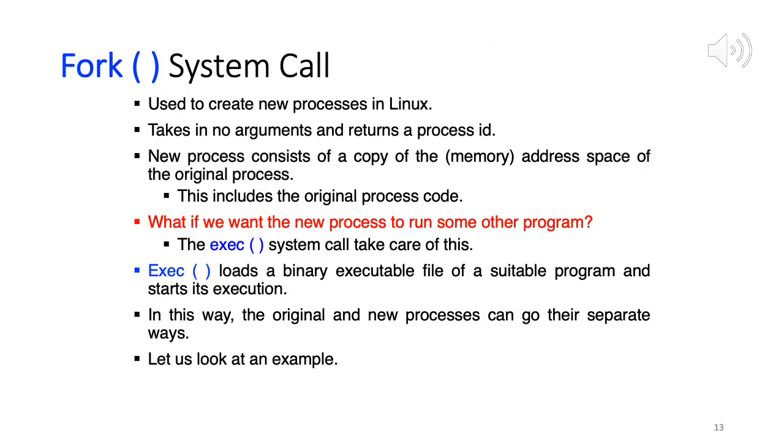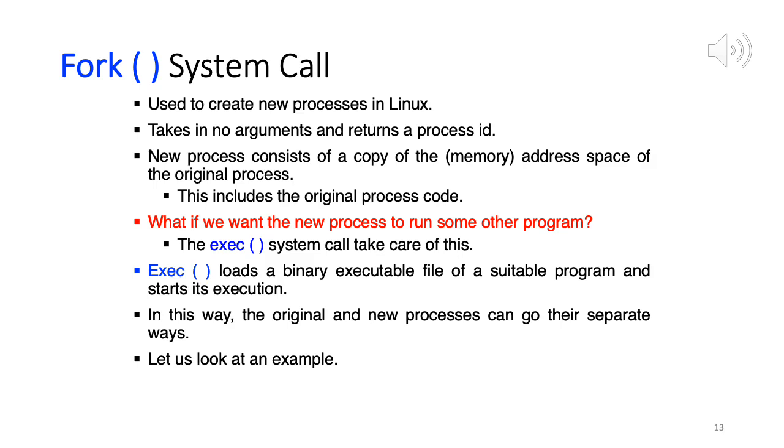Okay, so now I am on slide 13. So this is our fourth system call. So if you want to find out more about it, you can either Google it. So in a Google search bar, just type man fork, right, and it will take you to the manual pages. Or within a Linux or Mac terminal, right, just type in man space fork. So it will bring up the Linux programmer's manual with fork. So it will say the name is fork and it's used to create a child process. Okay.